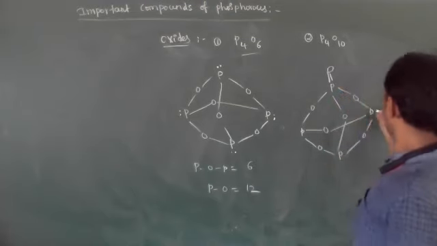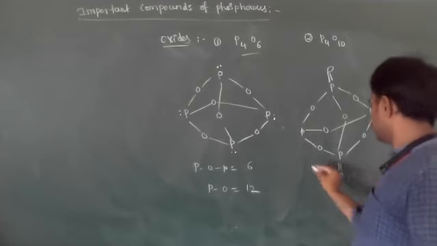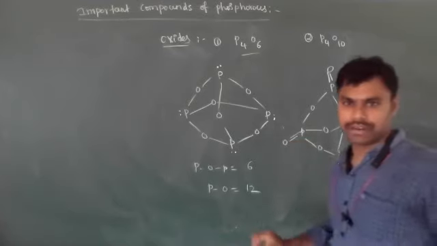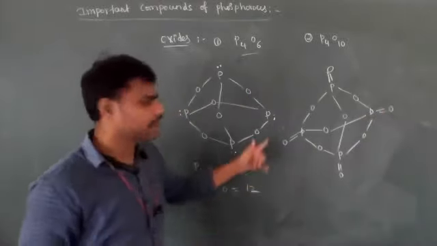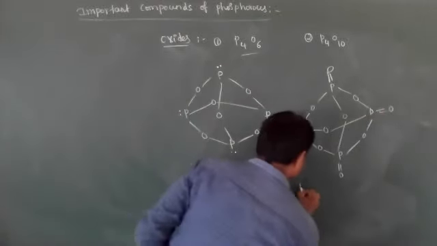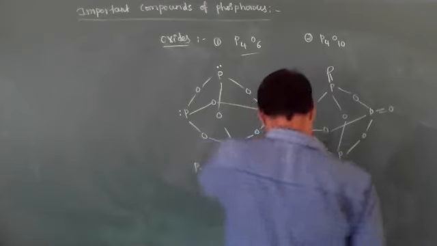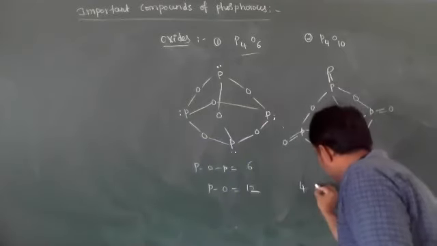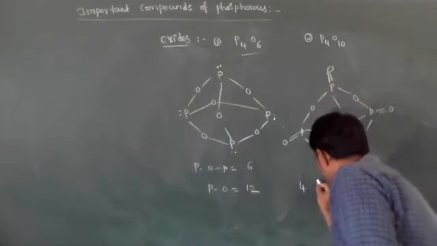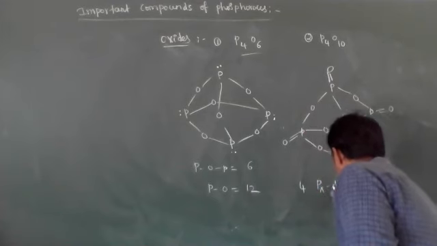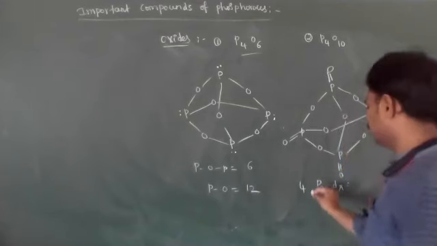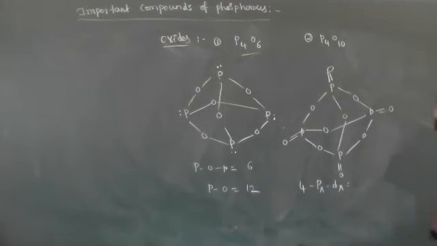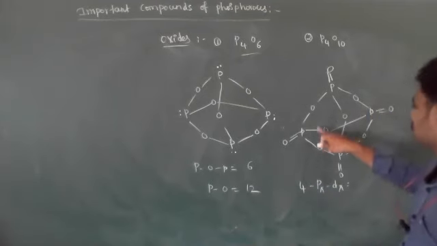And double bond O, double bond O, double bond O, double bond O will form. Now how many pi bonds does this contain? 4. P pi, D pi bonds are present. 4 pi bonds are present, and the remaining P-O-P bonds. How many